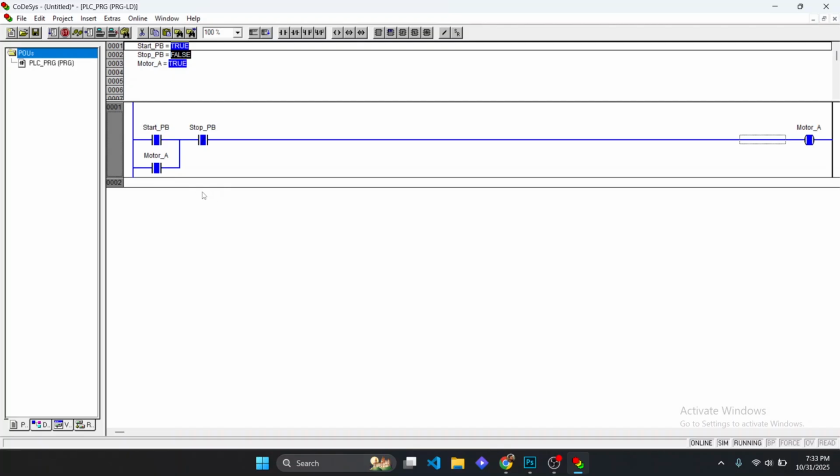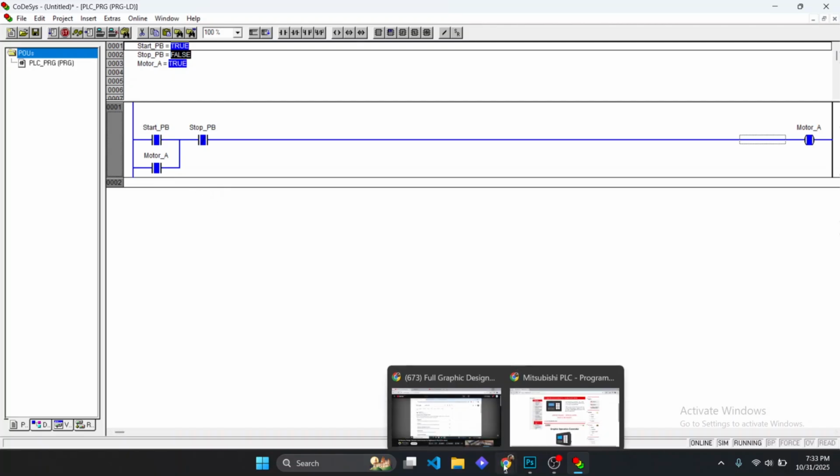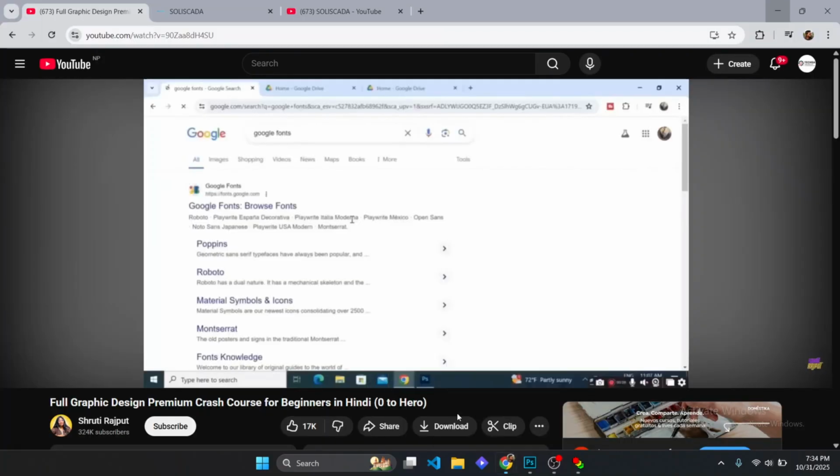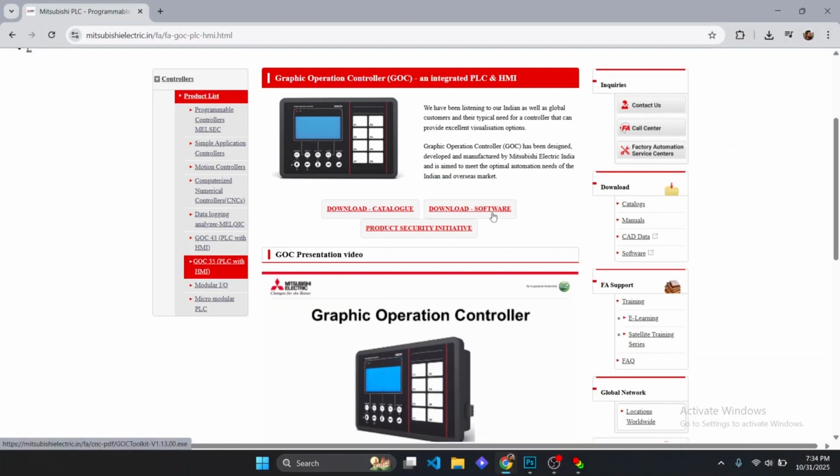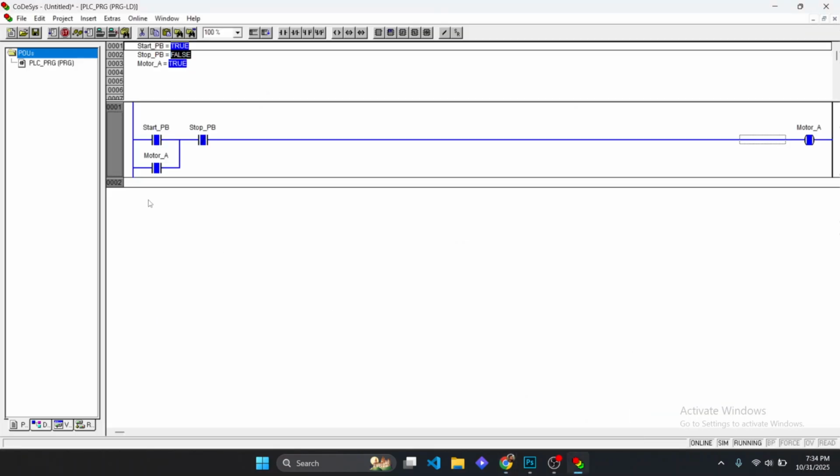This is a simple project of the motor control app, the first one after downloading the GOC software. This is the first mini project, and I will be uploading more videos related to, you can say, the timers, counters,